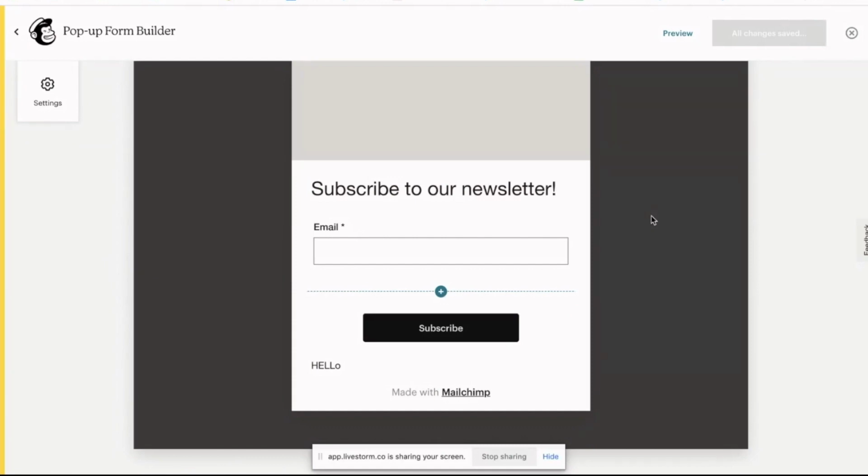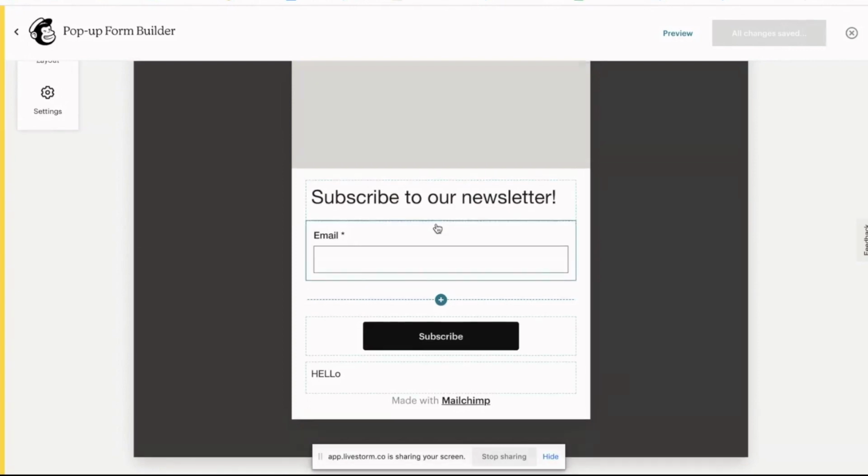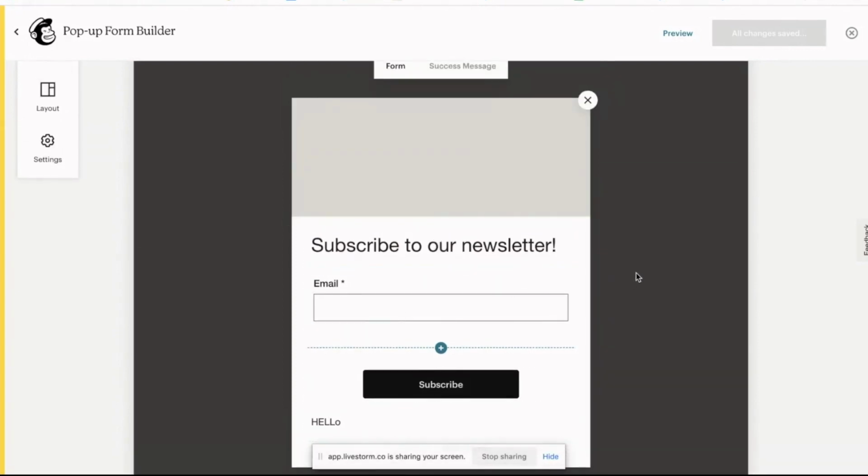The only thing with having this kind of pop-up is that you don't get as much designability, because you'll need to design this in MailChimp rather than with RocketSpark. So that would be the main thing that we'll be looking at here.